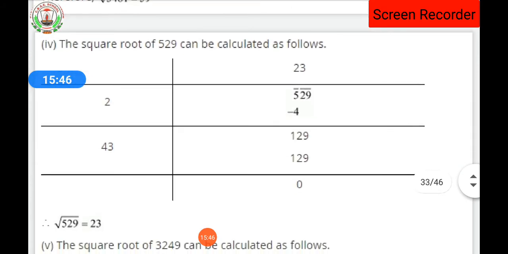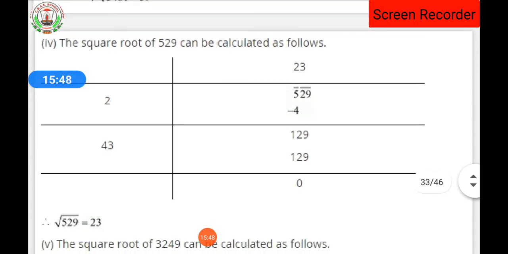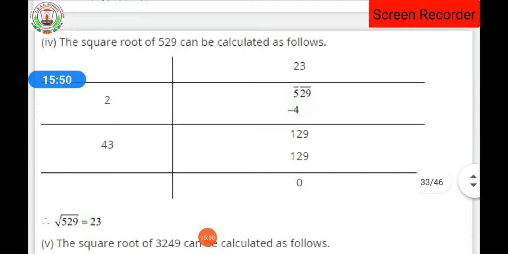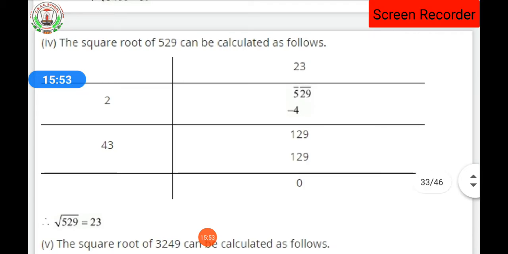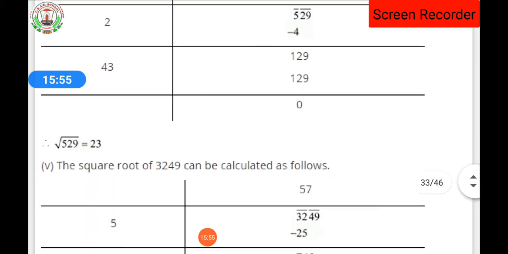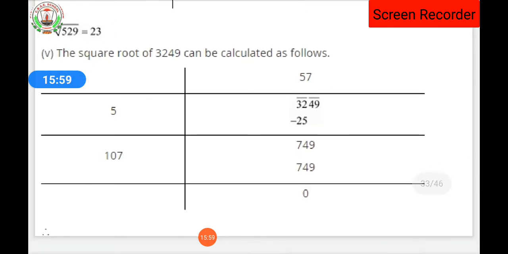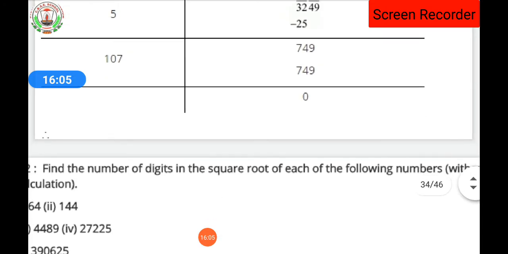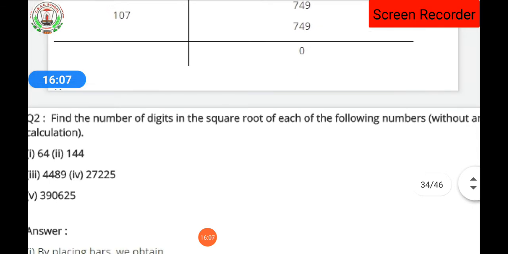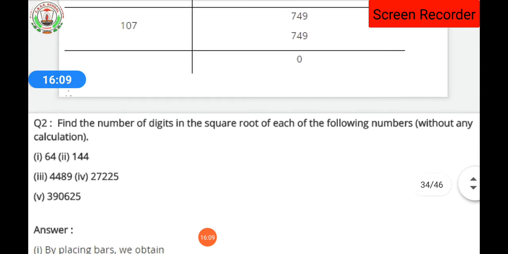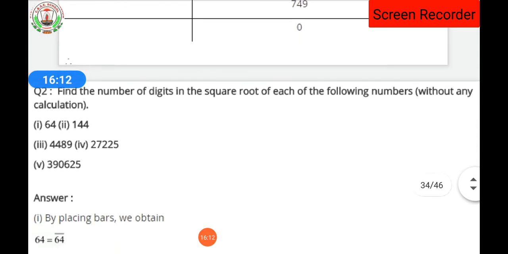Clear? So dear students, here you can see, in this exercise 6.4 question number 1 there are a total of 12 questions. So it is very difficult to explain each of the 12 questions over here. So you can see the solutions, and also I will give every note in the WhatsApp group. So here, one by one go through the solutions. I have given you solutions up to the 5th, the rest you can solve on your own.